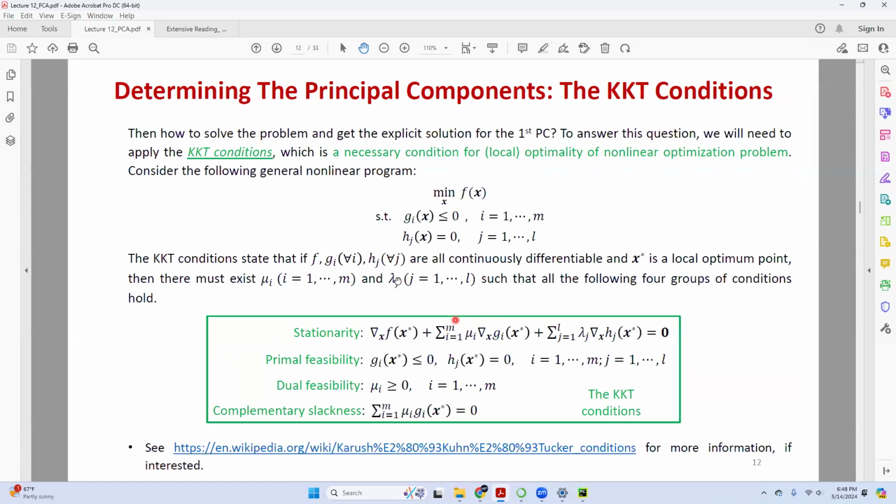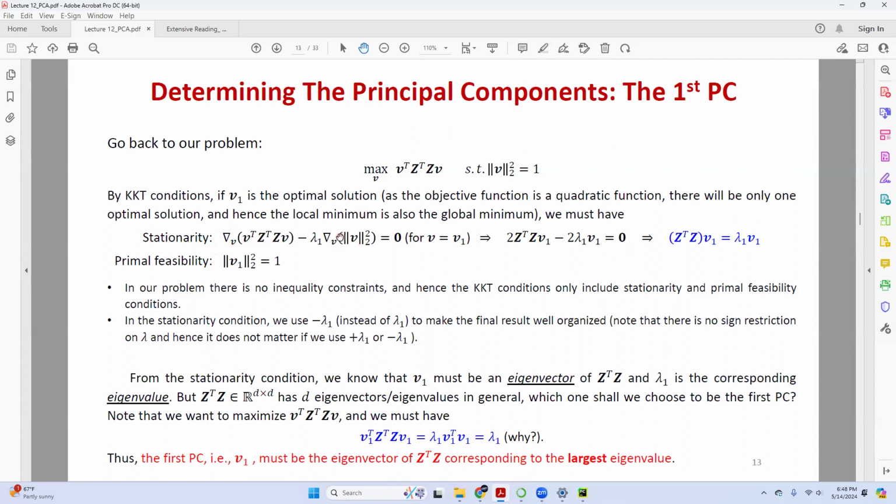And then you just plug in these 2 things here, you just substitute. So this nabla is a gradient operator in terms of V. Setting this equal to 0, we can get this, because this is nothing but a quadratic. It's just like the derivative of x squared is 2x, right? Similar thing. So ZTZ is like a constant, you can just keep it. And then we have VTV, but the nabla operator is with respect to V, and hence I just take a V out. And here it's even easier, because I have a 2 and I put a V here again. So we get this equation.